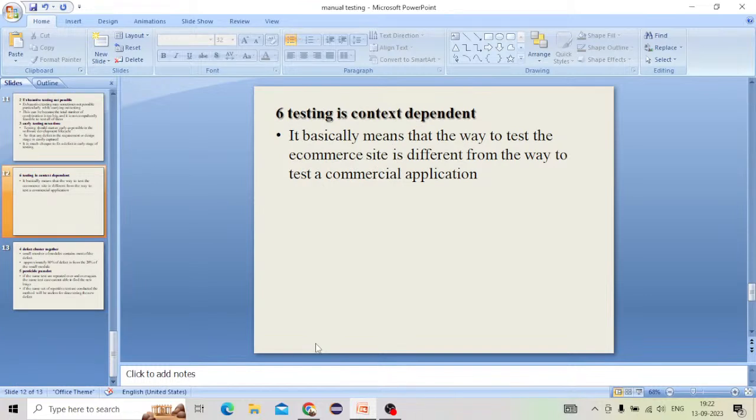It basically means that the way to test an e-commerce site is different from the way to test a commercial application. So it means, for an e-commerce application like Flipkart, Amazon, testing it